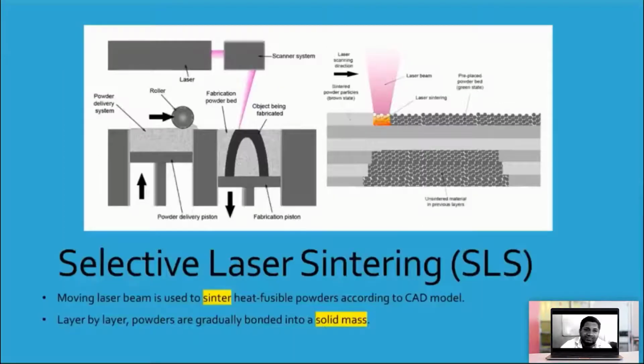So in the selective laser sintering process, as you can see in the diagram, the laser beam strikes the powder and it hardens or solidifies it. Then a roller pushes a new amount of material inside. So basically I've got two platforms. Platform number one, I will do sintering. Platform number two, I will deliver the powder. This is the roller, it goes back, the platform goes up.